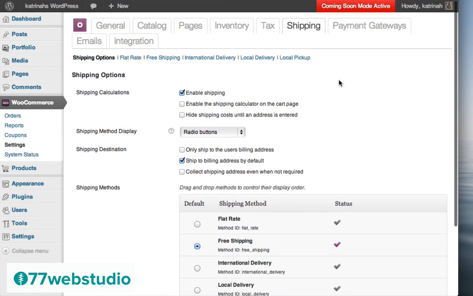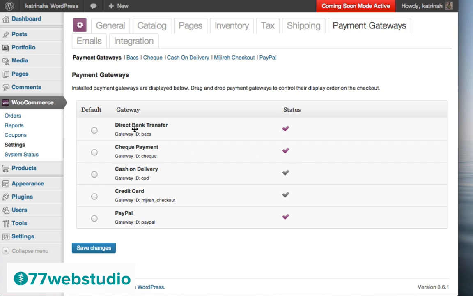Okay, so the next thing we need to do is set up our payment gateways. I'm going to click on Payment Gateways, and here we can see by default we have direct bank transfer, check payment, and PayPal all set up. I actually want to disable everything except PayPal. So I'm just going to click on this checkbox here to make PayPal the default, and then I'll click on